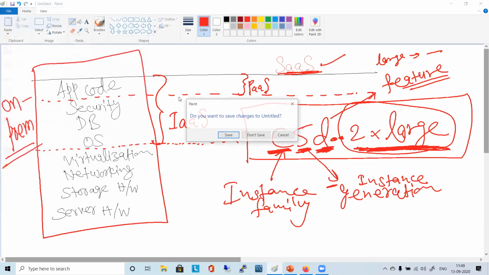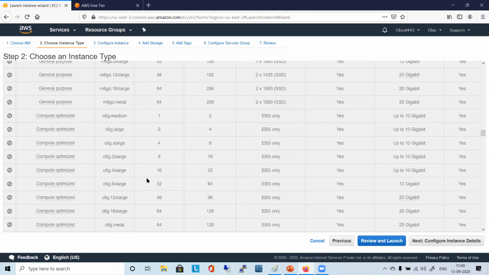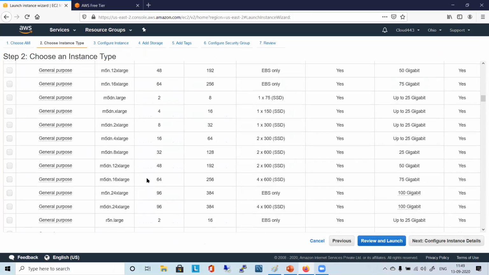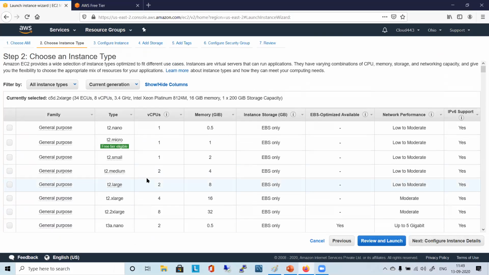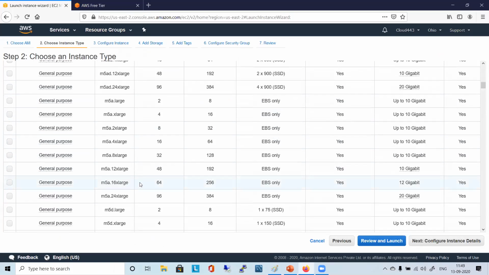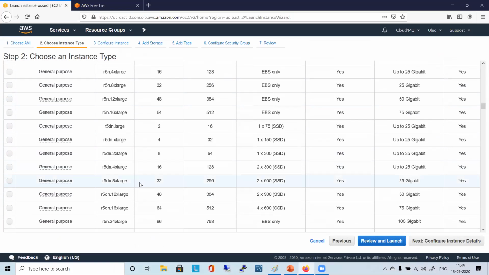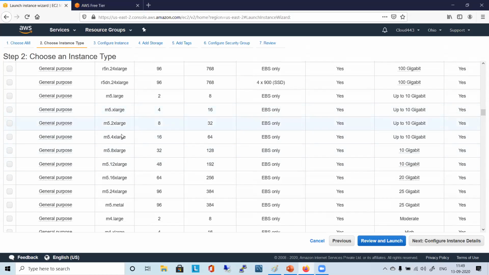Okay, so let's go back and take another look one more time, carefully, and just try to relate. Say you take a look at R5DN, or you take a look at M5 or something.